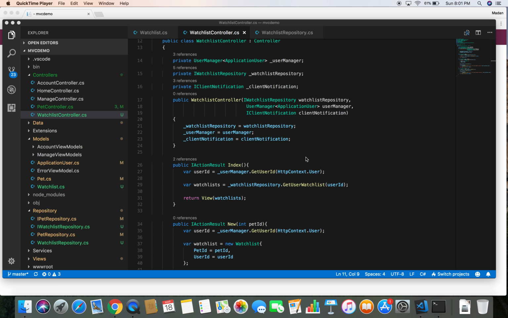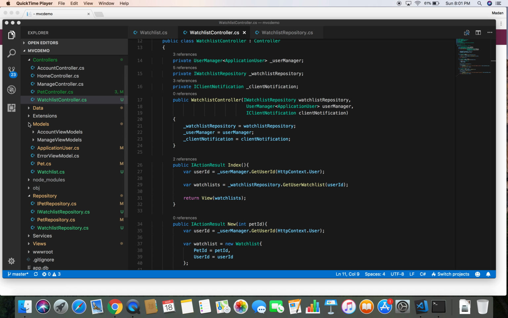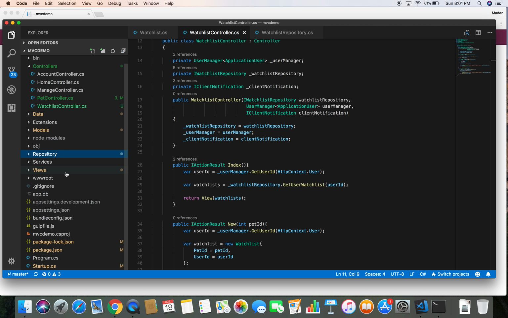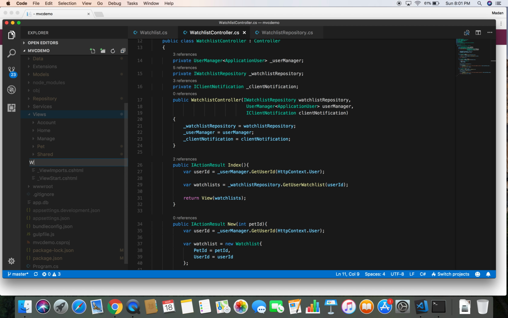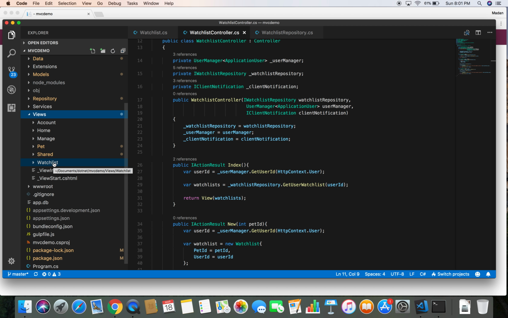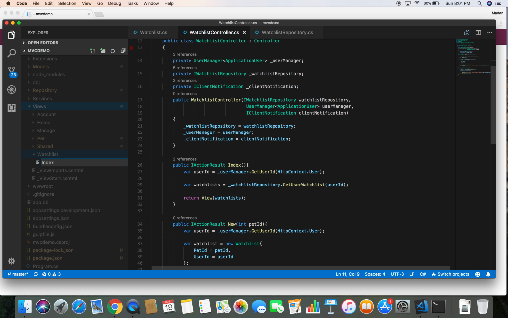In this demo, we will be continuing our watchlist implementation feature from where we left off in our previous demo, and in this demo we are going to create the view for our watchlist controller. So let's head over to our views folder and create another folder called watchlist. Inside the watchlist folder we are going to create an index view to show the watch list of the user. So let's create a new view called index.cshtml,